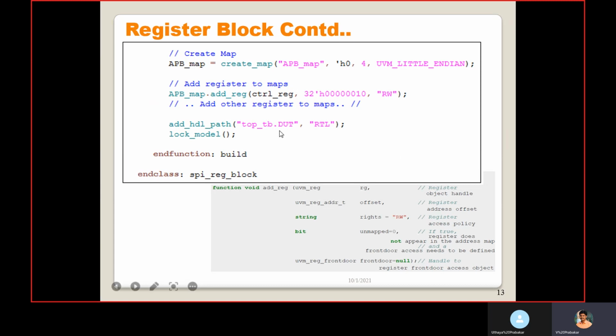Inside the DB only we have this register. That path we are mentioning, and this is a kind of RTL. The default is RTL, so we can mention RTL here in double quotes. After this is done, you should call lock_model.